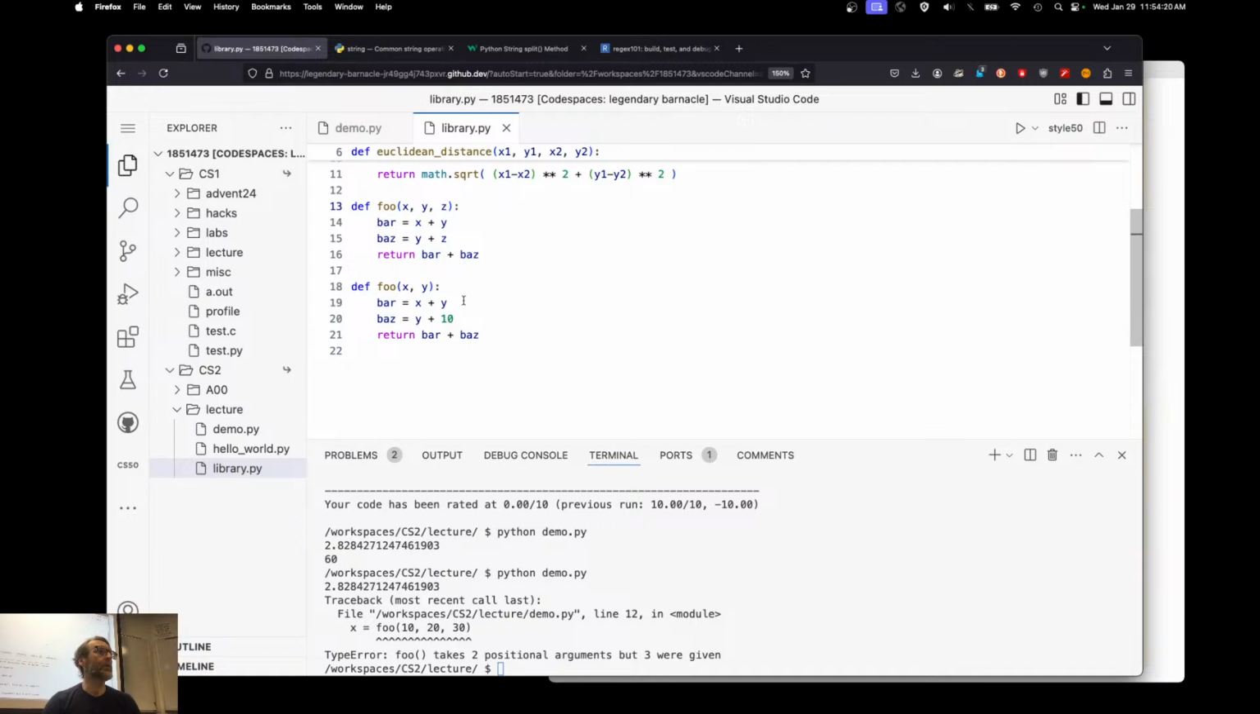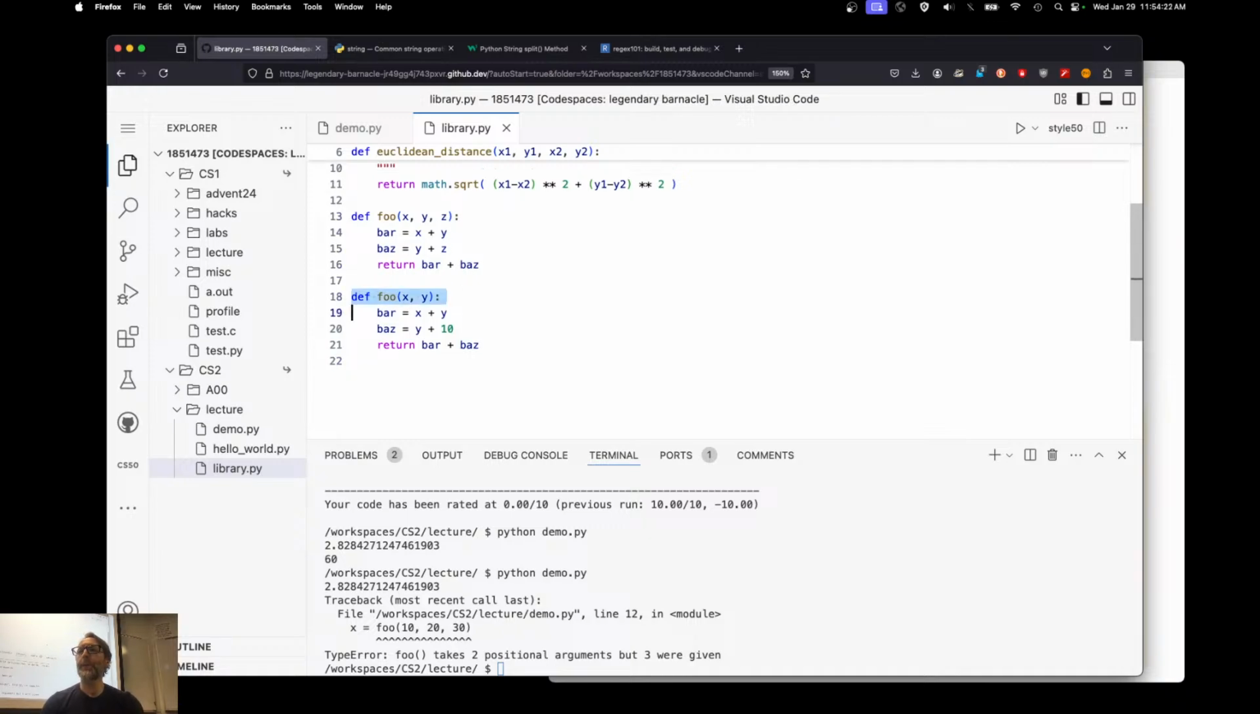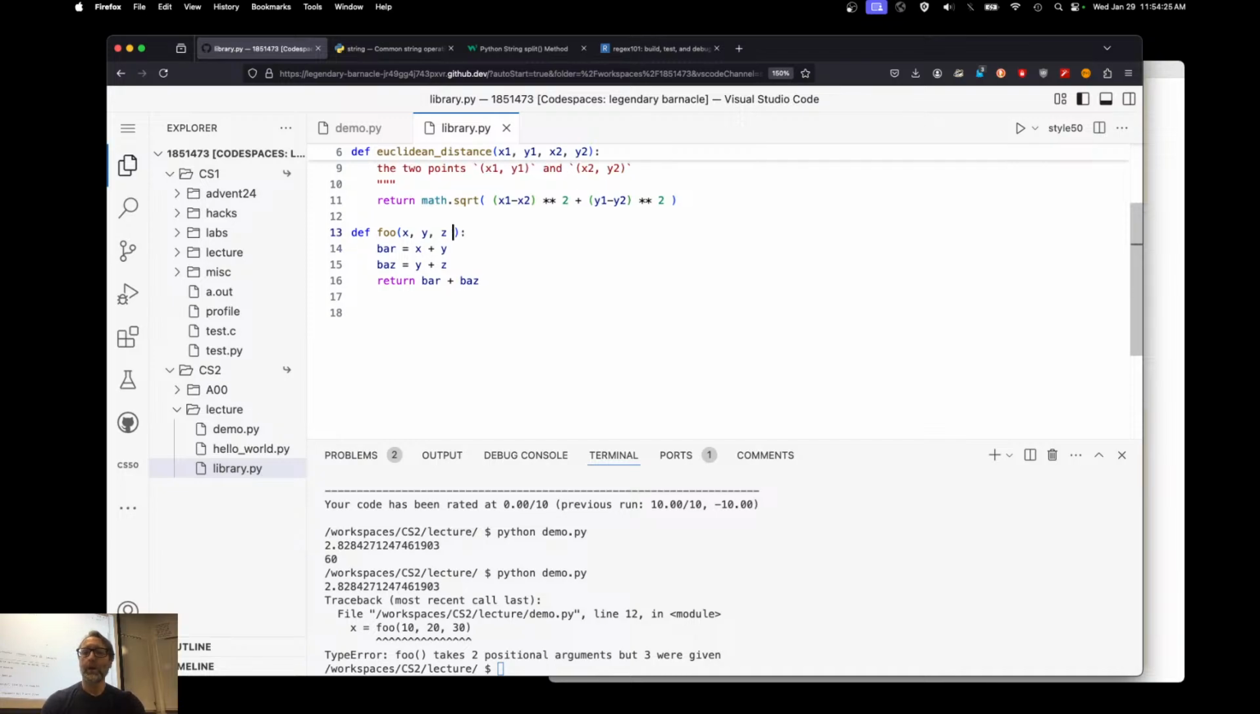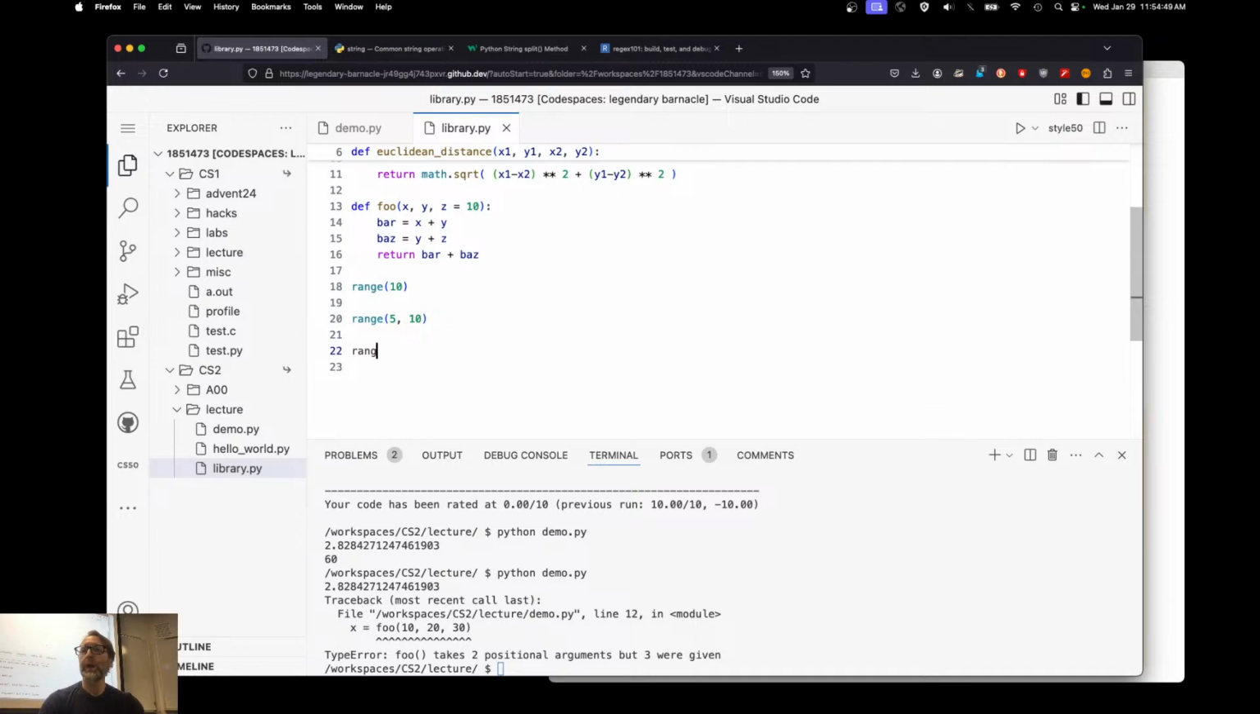But what you can do is you can have optional arguments. There. If you want a default value of 10 for the third one, you can go ahead and say equals 10 here. And what happens now is it becomes an optional argument. And we've seen this before, remember? Range. You could call it with 1 argument, and that'll give you a value 0 through 9. You could use range 5, 10. That'll give you 5, 6, 7, 8, 9. You can use range of 3, 10 and 2. That'll give you 3, 5, 7,